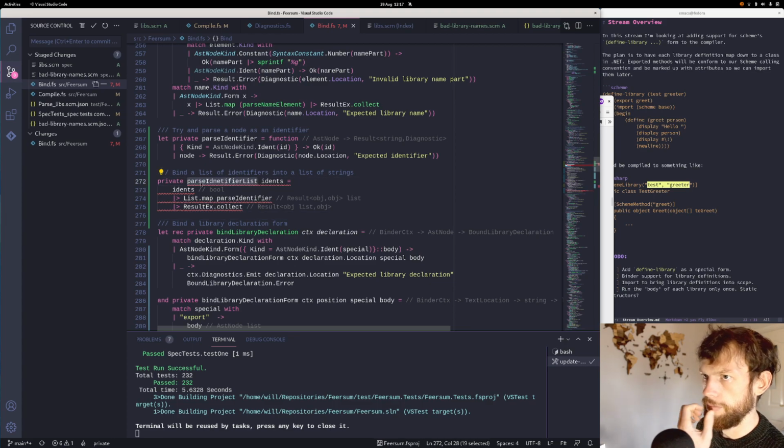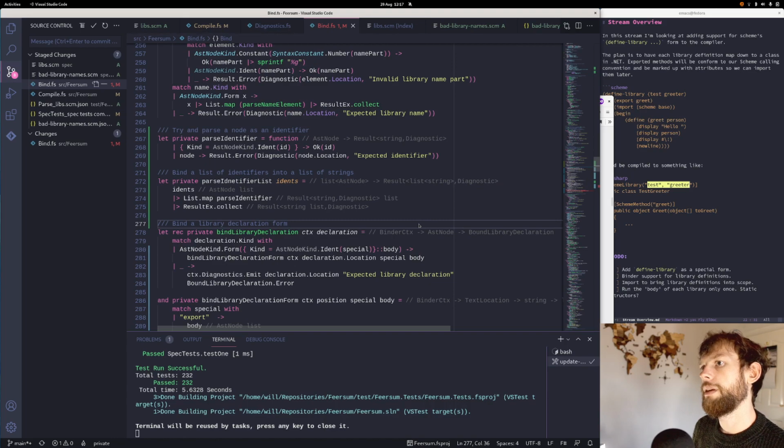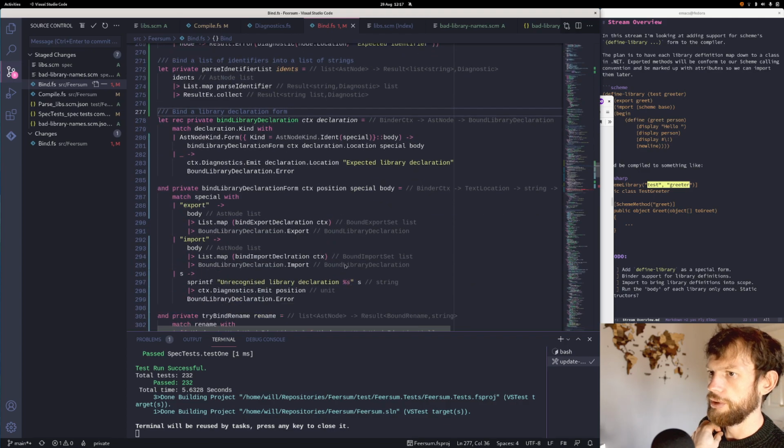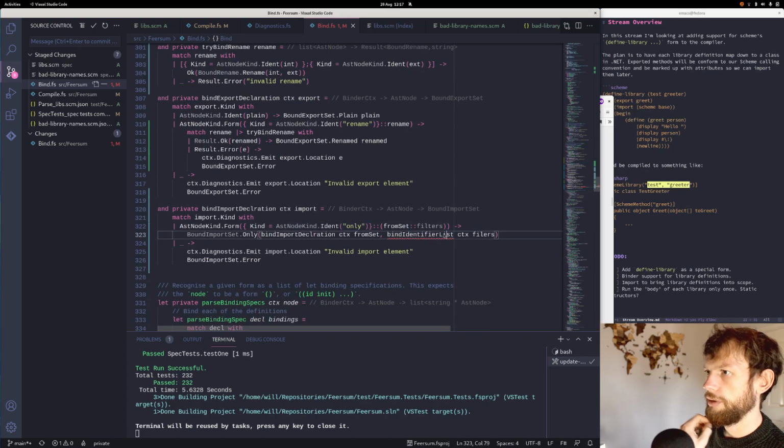Then I want to let they'll give us a list of strings or a diagnostic. I mean, it's only going to point to the first thing that wasn't an identifier, but we'll leave that for the time being. That should be good enough. Then where did we actually want to use it? This wants to be